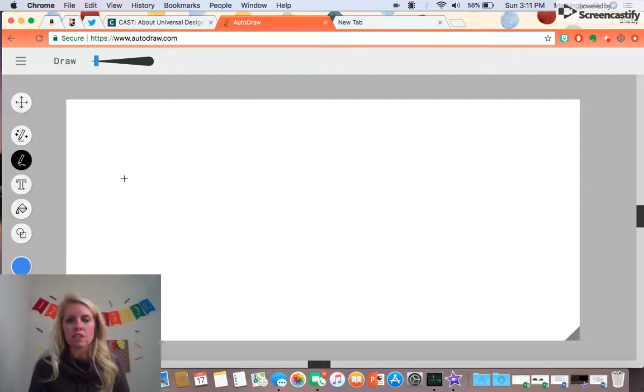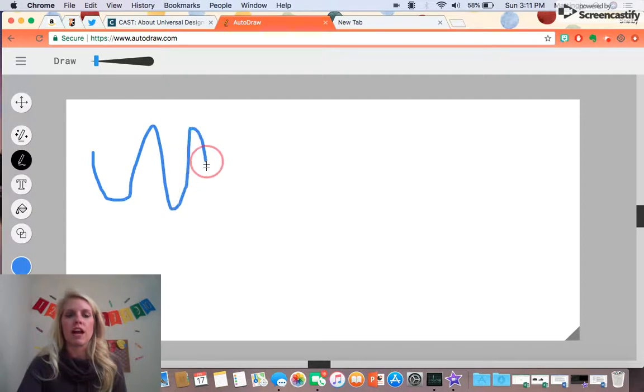My question for them this past week, while we were studying sound, was to explain the difference between high-pitched sounds and low-pitched sounds, and to draw a wavelength model for each of those, and to use all of the vocabulary that we had talked about this past week to explain the difference. So they came up with their high-pitch